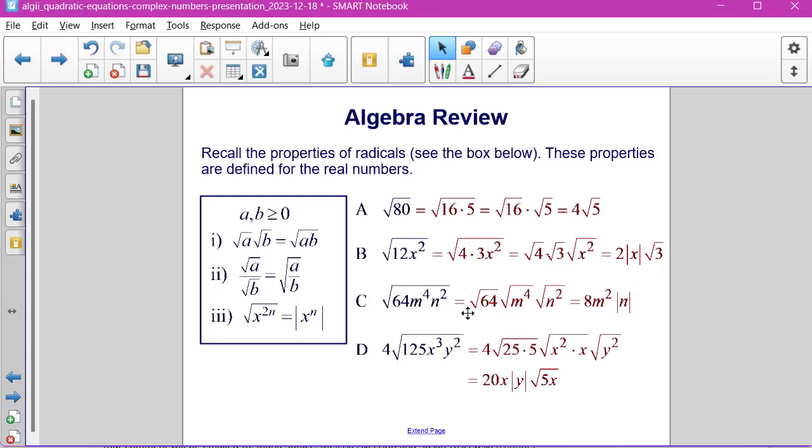With m to the 4th, we went from even to even, so we actually don't need the absolute value. With the n squared, it became n to the 1st, so we need absolute value around that one. And then in part D, remember we had x to the 3rd, so we don't need to have an absolute value around the x that comes out of the radical, because there's another one that remains inside of the radical. Now with y squared, because it was even and it went to odd, that's when we need the absolute value